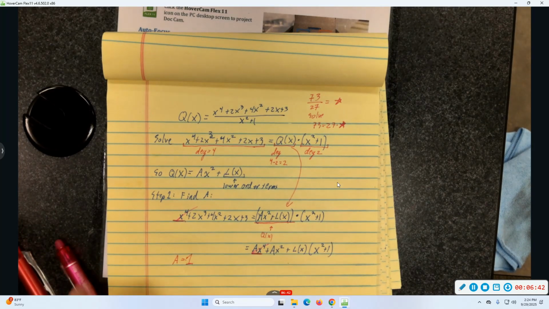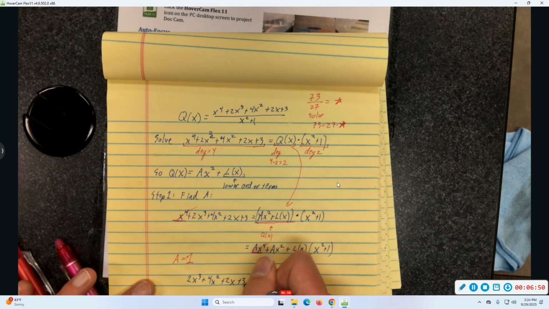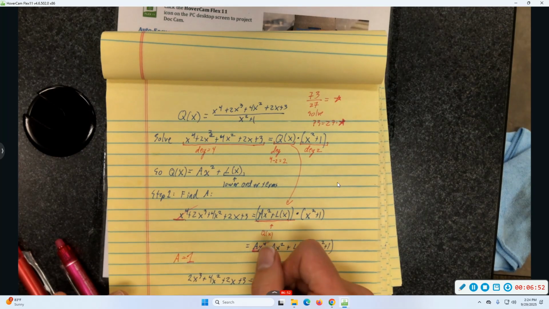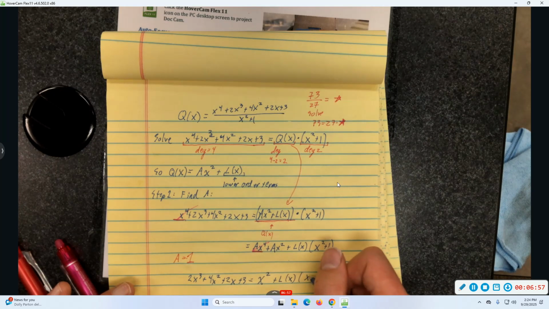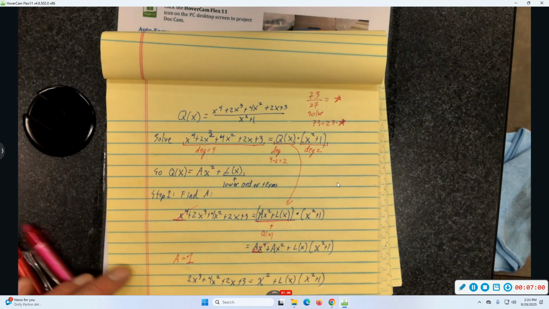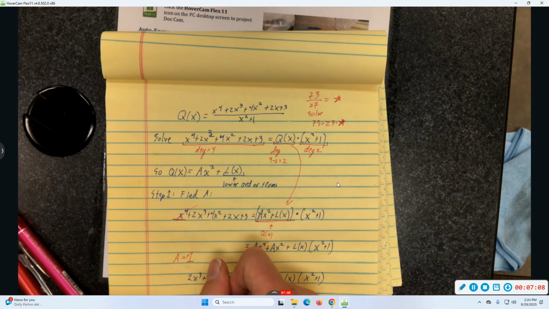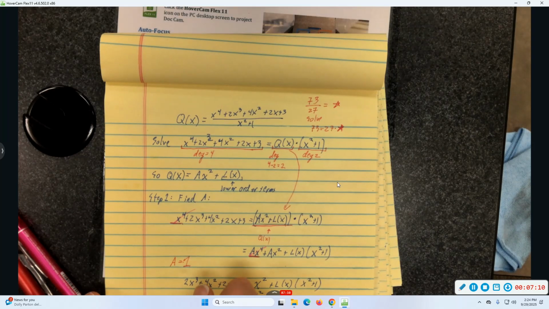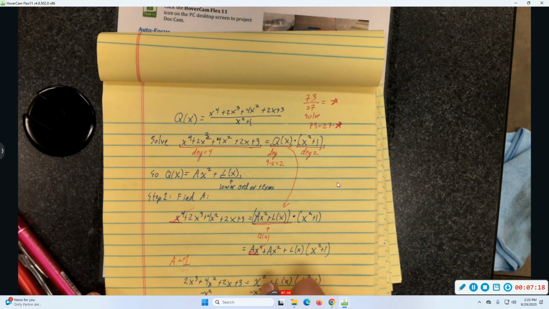And let's see what that'll give us. That'll give me 2x cubed plus 4x squared plus 2x plus 3 equals, a is 1, so that's x squared plus L of x squared plus 1. Oh, neato. Now I can cancel an x squared to the other side. Minus x squared, giving me 2x cubed plus 3x squared plus 2x plus 3 equals L of x